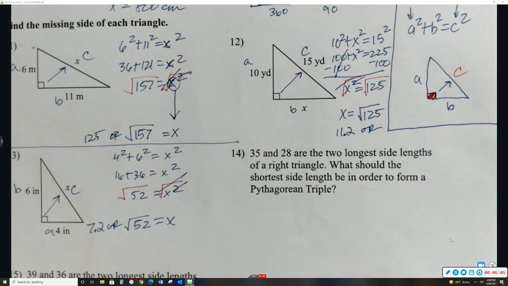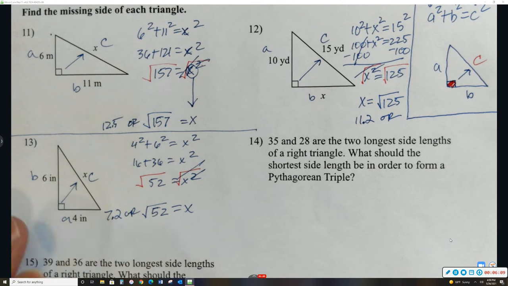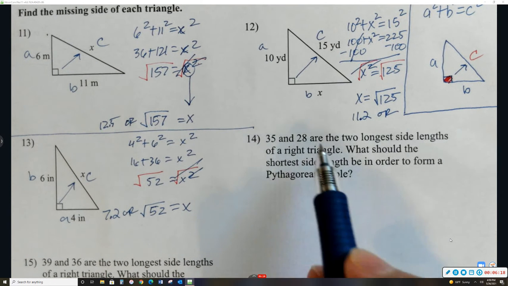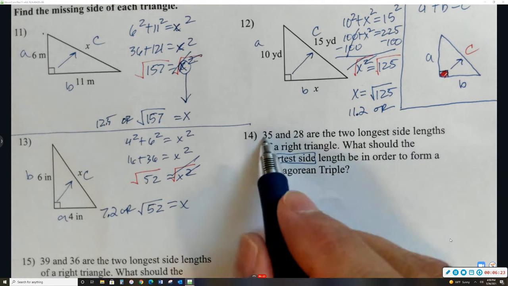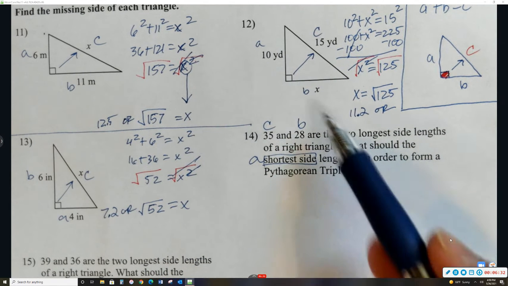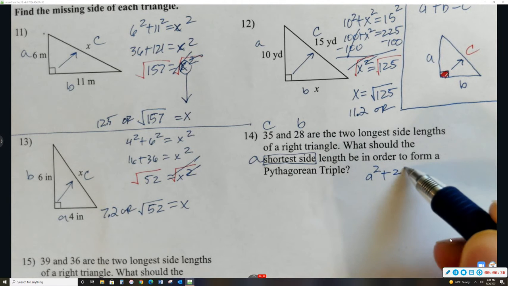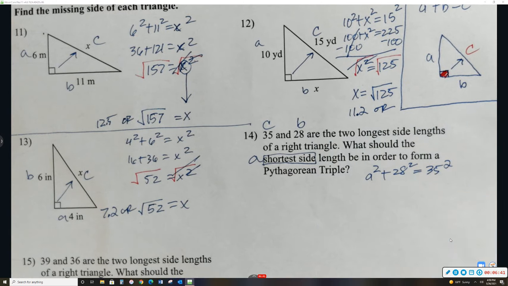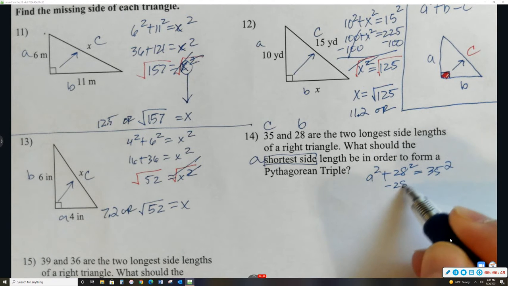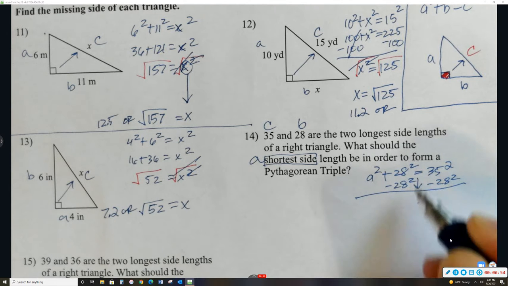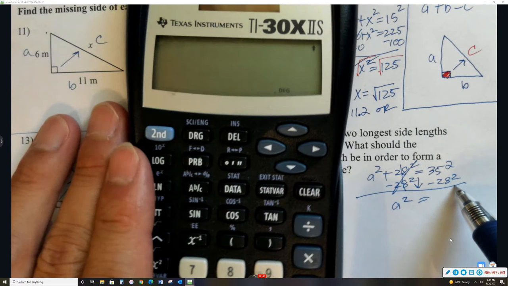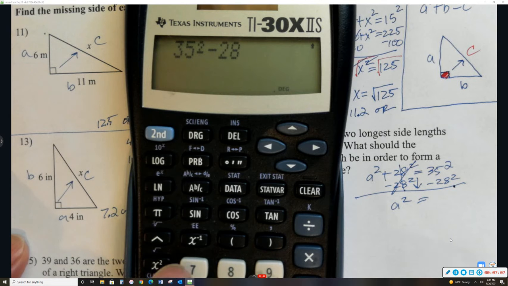And then 14 is kind of like 11, 12, and 13, only they don't give us a diagram, but they tell us these are the two bigger sides, and what we want to find is the shortest side length. Remember, C is the biggest, B is the middle, and A is the smallest. So if I plug that into my Pythagorean theorem, it'll look like this: A squared plus B squared equals C squared. I'm not going to multiply this out just yet, but I know I need to get A squared by itself, so I'm going to subtract 28 squared. Bring down the equal sign, and that is 0. Then you have A squared, and I can type this in the calculator to save some writing. So 35 squared minus 28 squared is